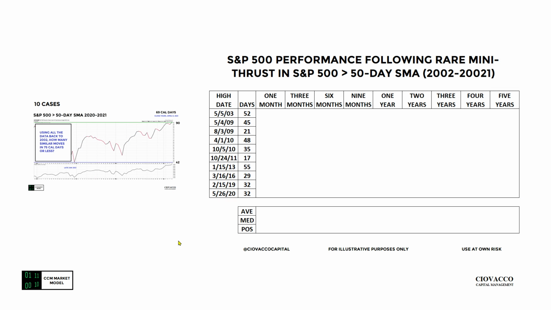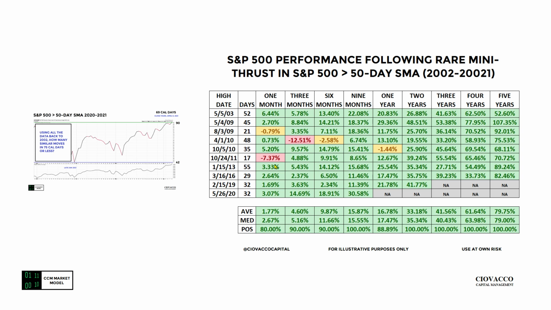The answer is 10 previous times, and if you know your market history: 2003, 2009, 2010, 2011, 2013, 2016, 2019, and 2020, May of 2020. Those tend to be relatively bullish periods walking forward from an intermediate-term to longer-term perspective, and thus it's not particularly surprising that while it was a little bit of a mixed bag in the short run, longer term the stock market performed well.